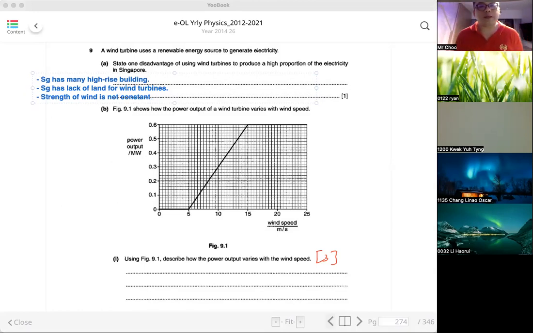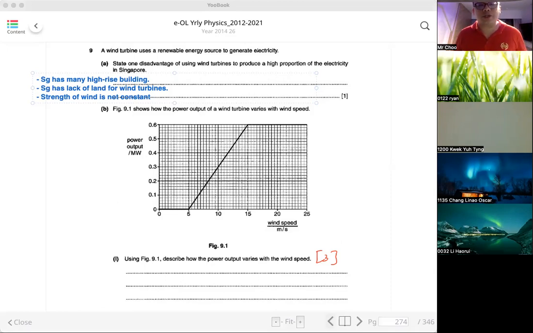So for it to be the main source of electricity will not be possible. You still need, okay, you still need an electric supply, a base power grid for it to work. If the wind turbine is a supplement energy source, it's fine. But if it's for the main energy source, there'll be a problem because the wind is not constant and